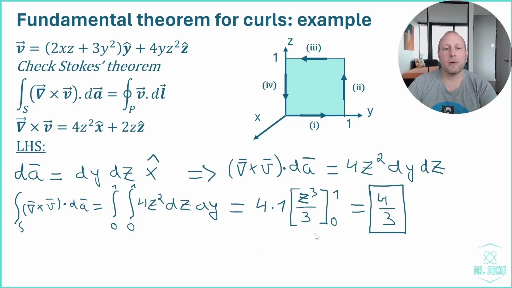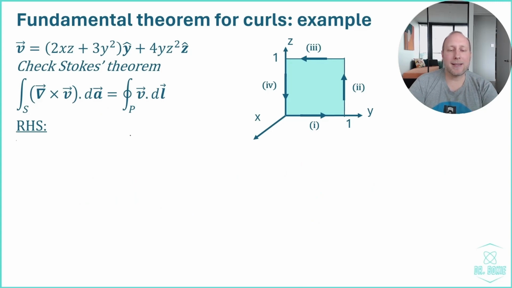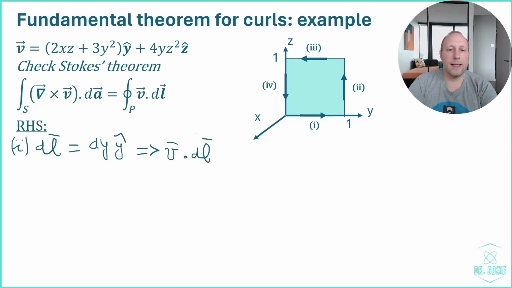Let us now look at the right-hand side. For the right-hand side, we need to take the line integral. The line is following the square in counterclockwise direction. And I will calculate the line integral for each of those 4 sides. For side number 1, dl is only moving in the y direction, so it's dy y hat, and therefore V dot dl is equal to